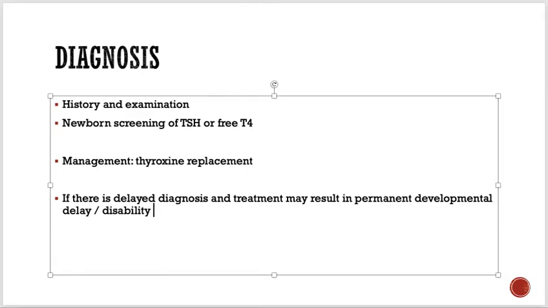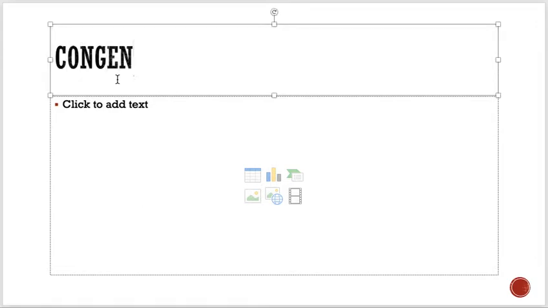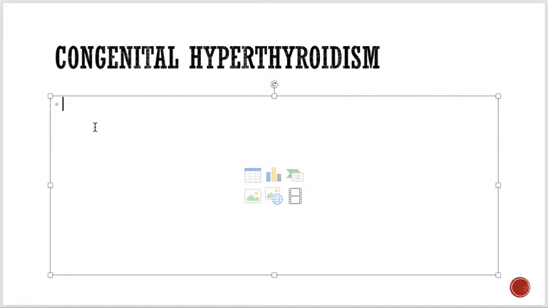So permanent developmental delay, and this one. So this is about hypothyroidism. And talking about hyperthyroidism or congenital hyperthyroidism, now this condition, guys, unlike the previous one, hypothyroidism, which is more common in females, in this one the males are equally involved as females. There is no increased prevalence in any one of them, but the prevalence of congenital hyperthyroidism is way